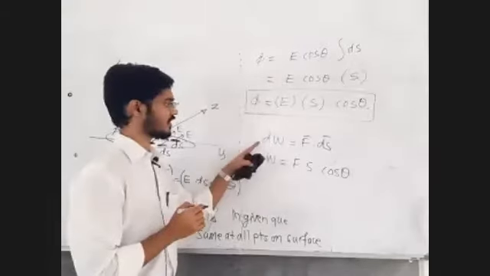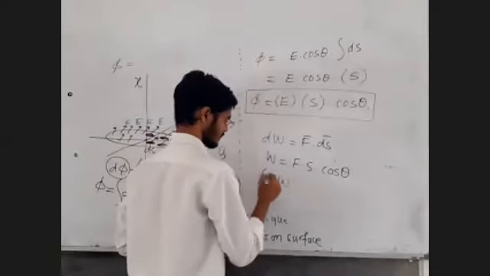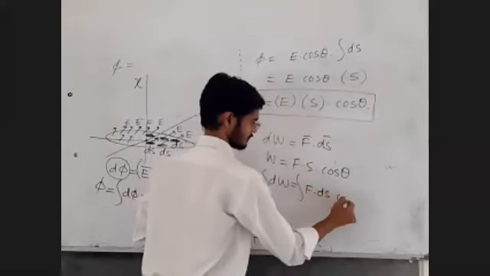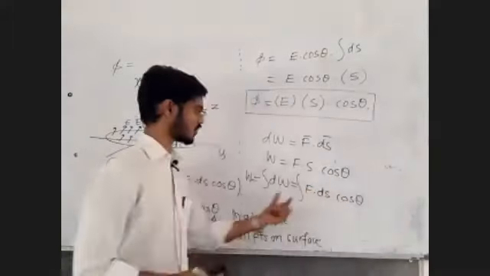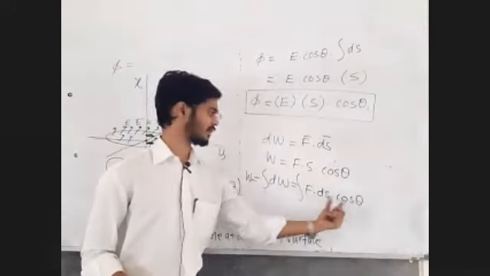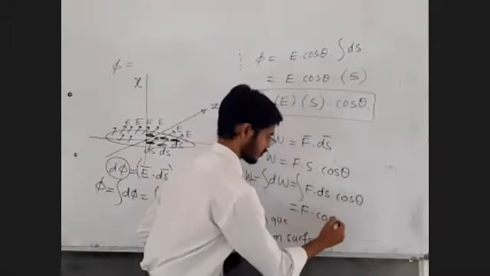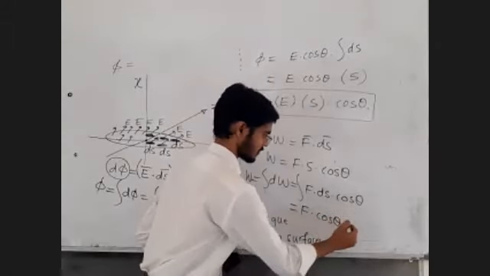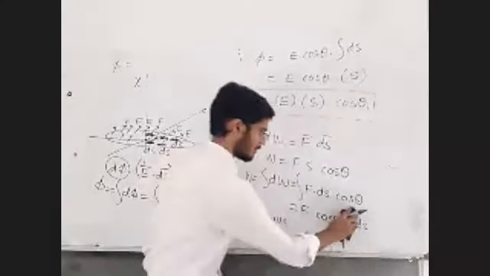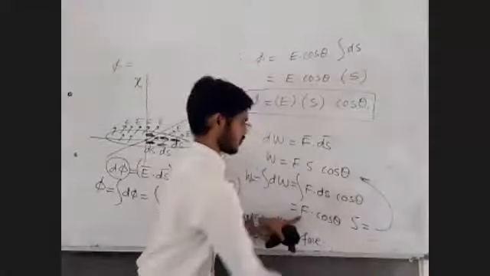If it is a constant force situation, or if it is not a constant force situation, total work is the integration of F cos theta ds. But if it is a constant force situation, you can take F as common. If the angle is always the same, you can take cos theta common. Just like this, try to understand. Constant force and constant angle situation: small displacement ds, total displacement s. So that will give you this equation, F s cos theta.